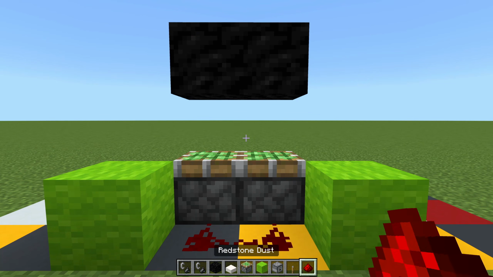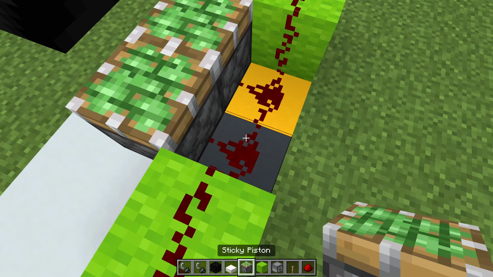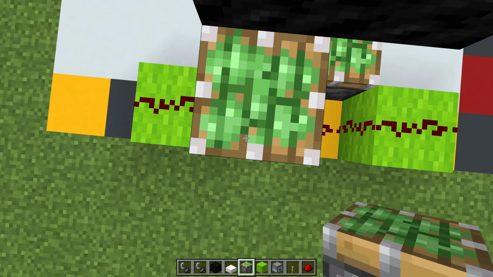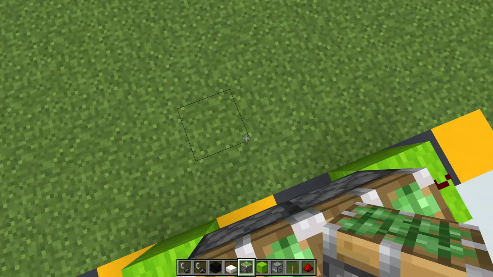Place more dust on top of both of those. Jump up until the blocks. Place a sticky piston on top of this redstone dust, also facing upwards, so jump, place it like so, and once more, place another one to the right of it, so if we were to drop down, it looks like